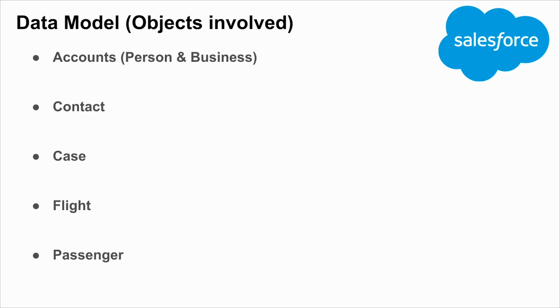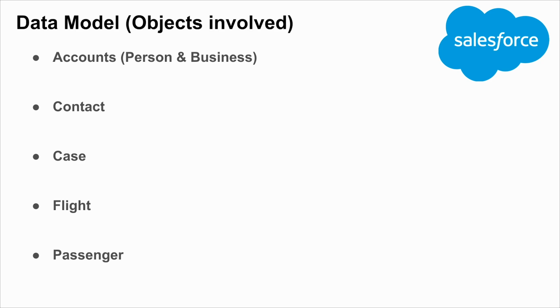Now let us consider the data model. Normally, how should we design the data model for this airlines industry, and what are the common objects that exist in this particular service cloud implementation? We will go through more on this when we discuss this topic in the future, but at a high level I'm going to give you the basic data model objects that are used for a service cloud implementation for an airlines project. Starting with accounts.